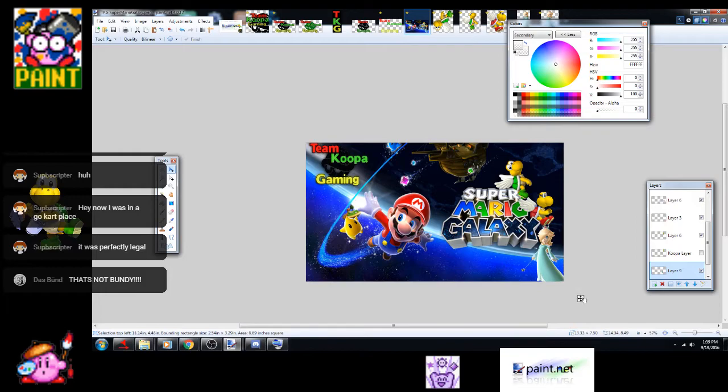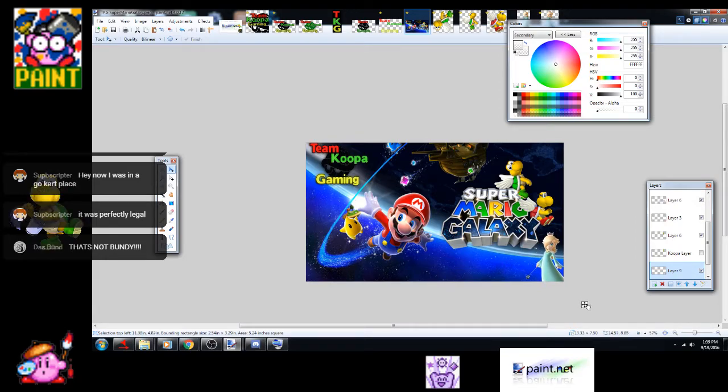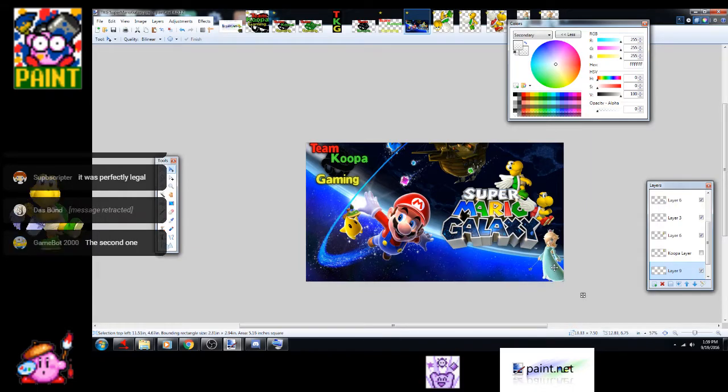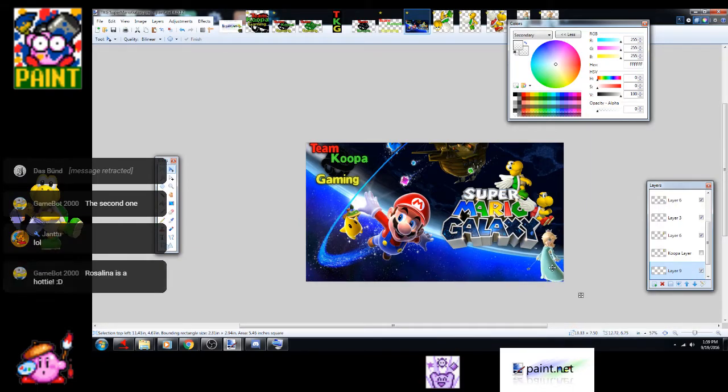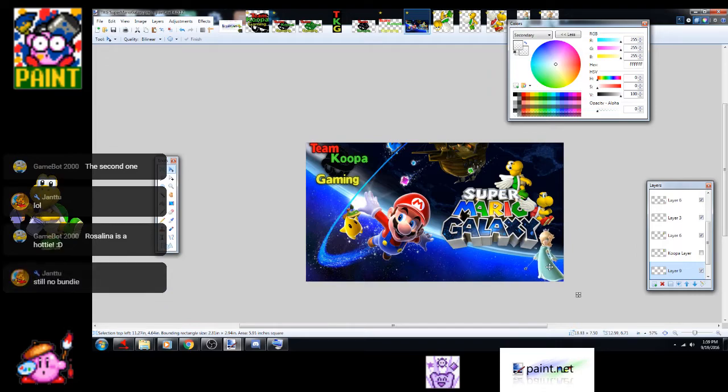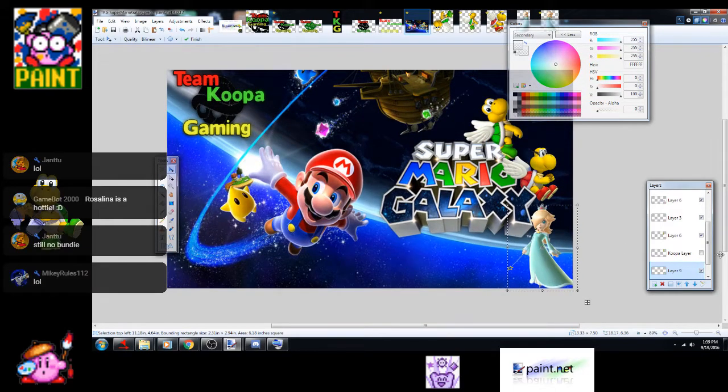Do you want me to bring out that Bundi? Should we have the lower section showing? I think so. However, what I want to do with this,